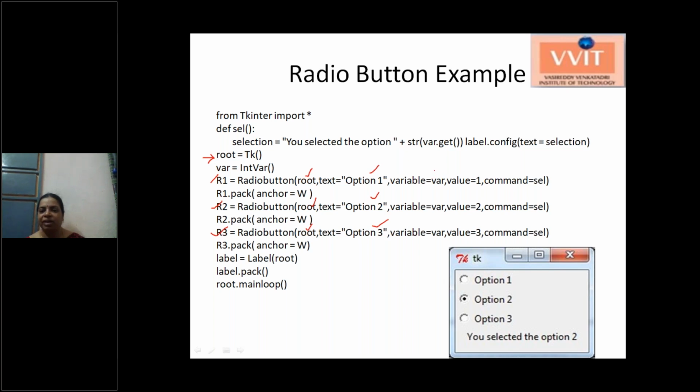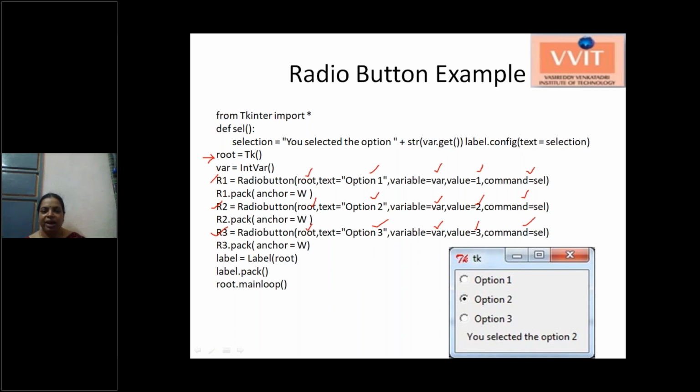For the variable, we are giving the same variable name, because all the options need to form one group, and out of these three radio buttons you can select only one. So we need to give the same variable name. The values are different: 1, 2, 3. And the command is the same method, that is, we are using the same function to execute for these three radio buttons.